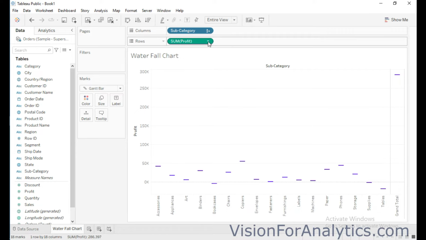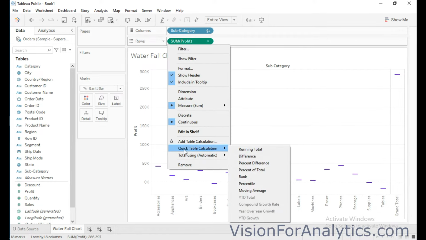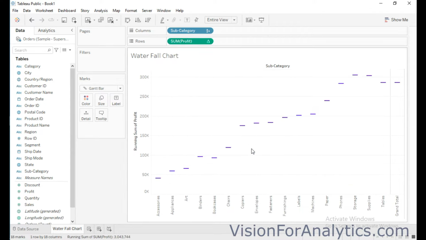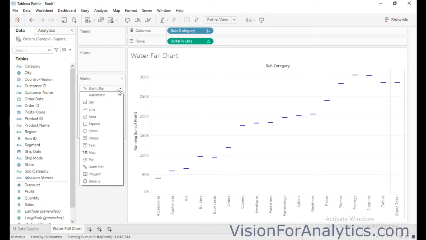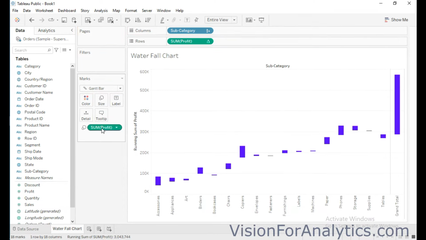Right click on this measure sum of profit, click on quick table calculation, and choose running total. From this marks card, choose Gantt bar and drag this measure profit into size. Then you can edit this measure by adding a minus sign before this sum of profit,